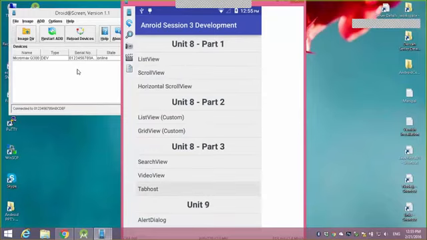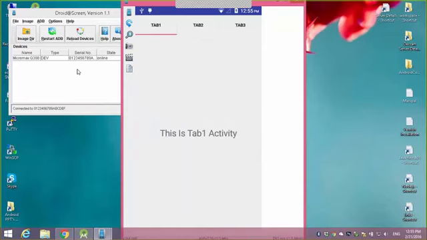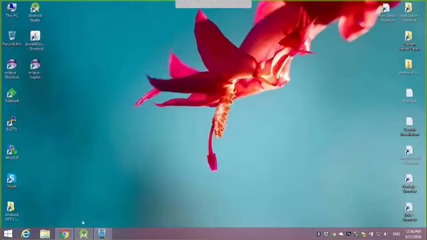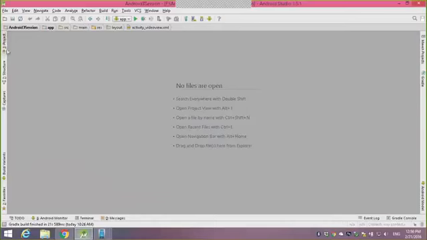This is your TabHost. See, here I'm displaying one tab activity. If I click on tab 1, tab 2, the message displayed changes. This is tab 2. When I click on tab 3, it is tab 3 activity. So whenever I click on any one of the tabs, the view changes over there. It's almost like your WhatsApp and Facebook concept itself. The coding for that one is